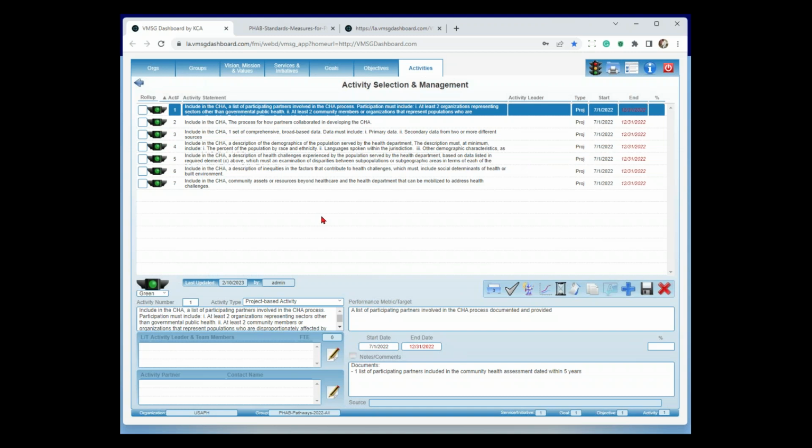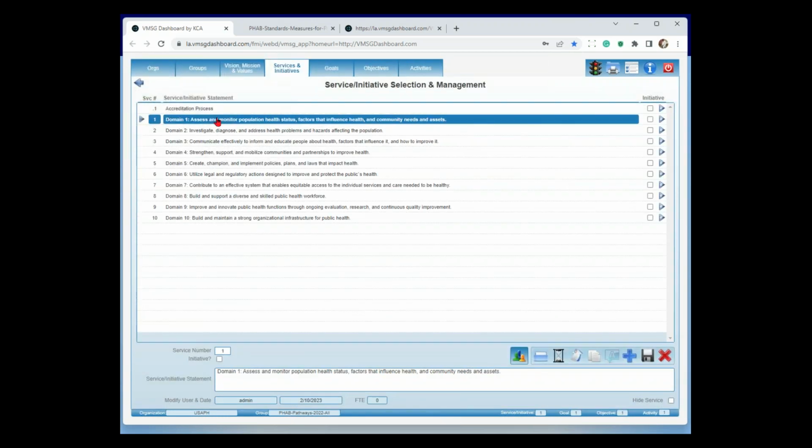Here's how we get you set up. We're just actually working through this with the city of Kansas City right now, going through the plan. But what we're doing is we're going to mass assign at the domain level who is your domain lead for each of the domains. We're going to push that all the way down to the objective and activity leads. And then you're going to say, okay, we're going to plan on submitting December 31st of 2023.